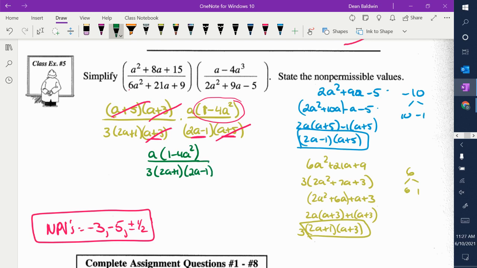Okay. Now, this is where this not being factored all the way shows up. That is a difference of squares. So I can square root 1 to get 1. I can square root 4 to get 2, and I can square root a to get a. So that bit becomes